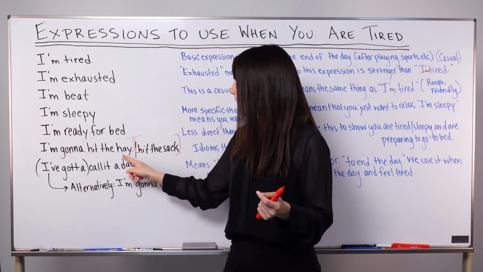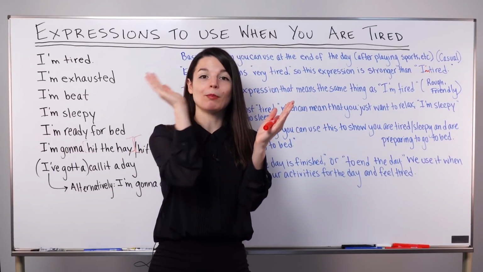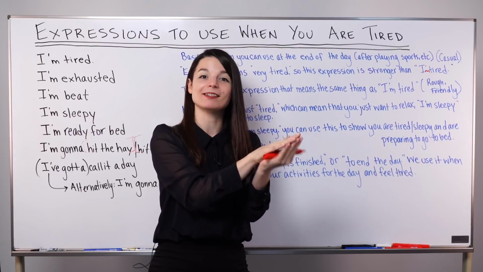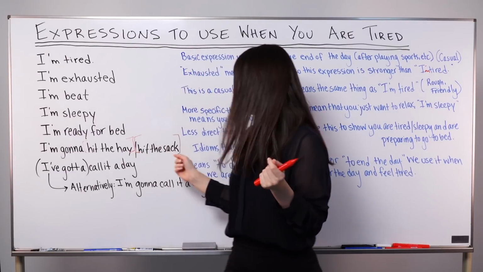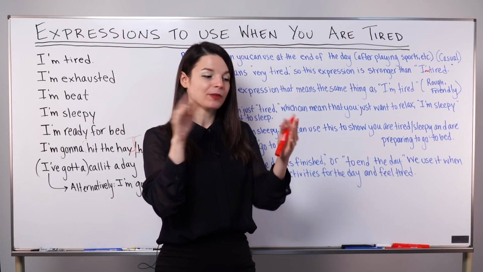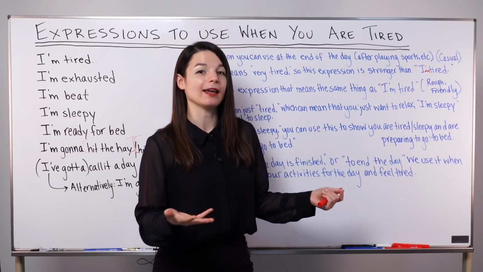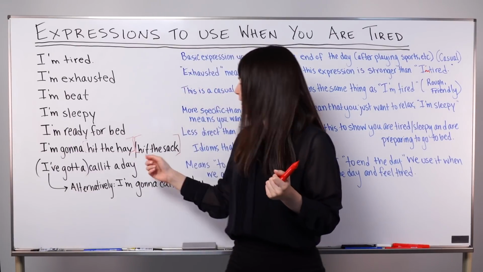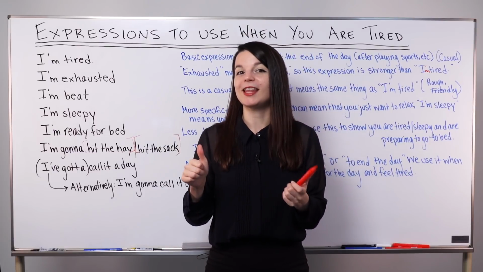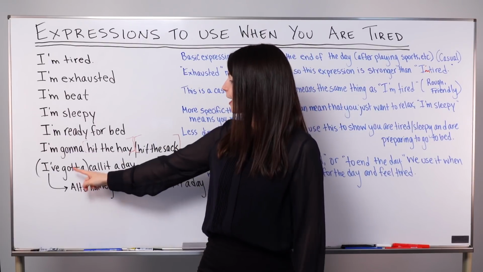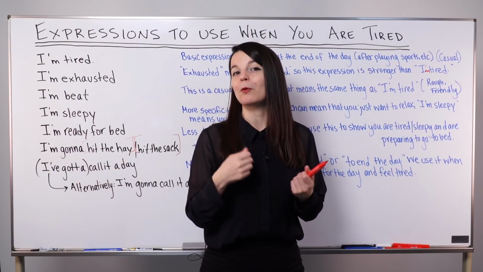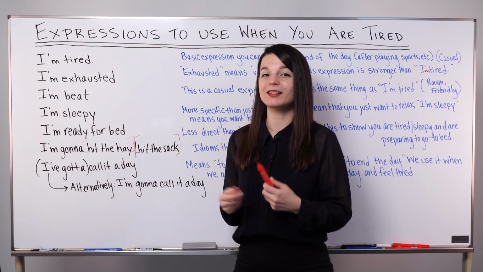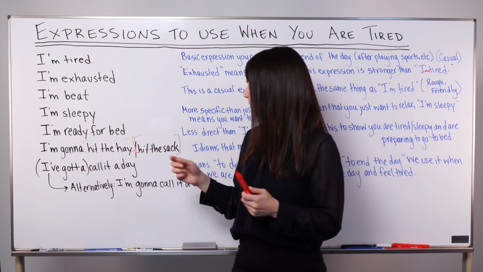So to hit the hay refers to putting your body on top of hay or hay inside a cloth that made a soft sleeping surface. Or this one, hit the sack, refers to that mattress-like object that our bodies land on to go to sleep. So that's where these expressions come from, hit the hay and hit the sack. And this I'm gonna is just I'm going to. So this means I'm going to go to bed. That's all that this means. I'm going to go to bed. Both of these mean the same thing.